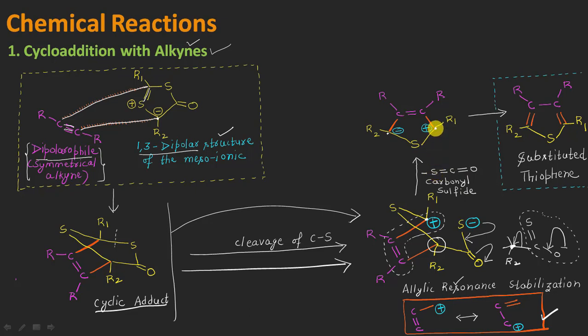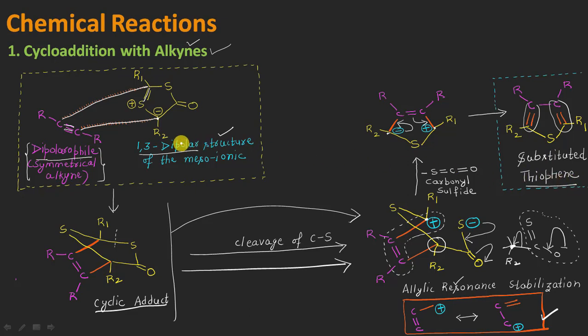And now what we are having here is a positive charge on this carbon atom and a negative charge on this carbon atom. What is going to happen is that this negative charge will come here in between this carbon and this carbon, sending these electrons of the pi bond in between this and this here, finally resulting in the formation of a double bond here as well as here. And if you are able to recognize this molecule, it is a very common heterocyclic molecule. It is what? It is a thiophene molecule.